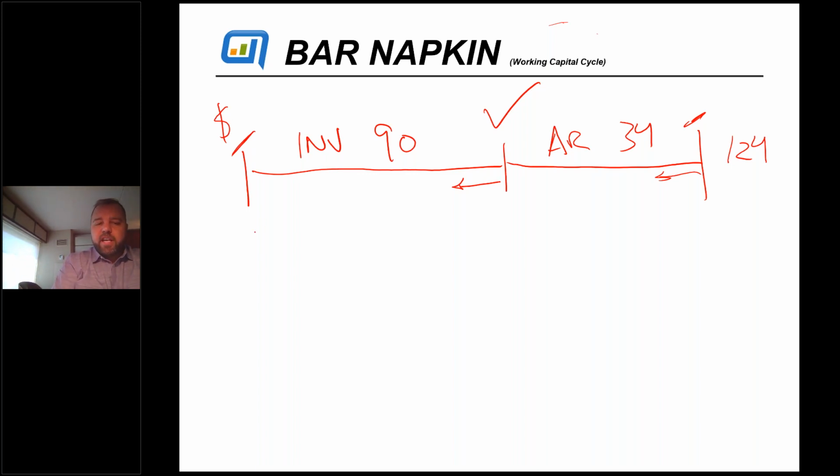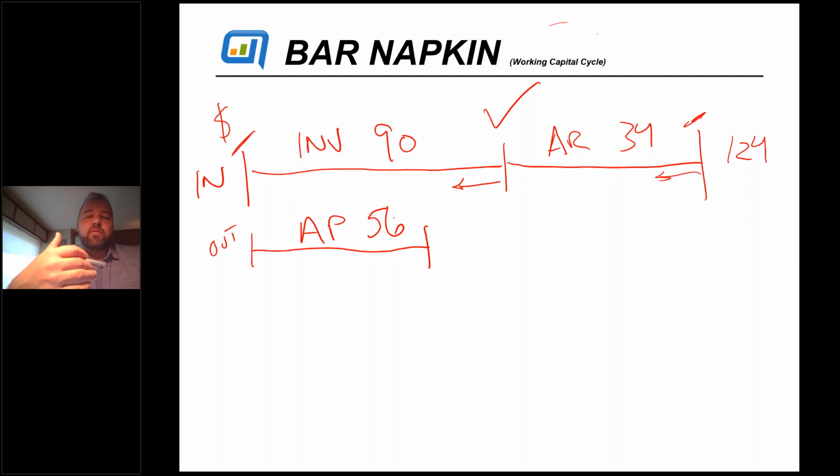But we don't always pay day one, right? We have what's called AP. And our AP days down below, this is money going out. So this is money coming in. This is money going out. AP days is 56, right? That's how long an invoice sits on our desk at Spectrum Manufacturing. We're going to look at this length of time versus this length of time, right? That's called the financial gap.